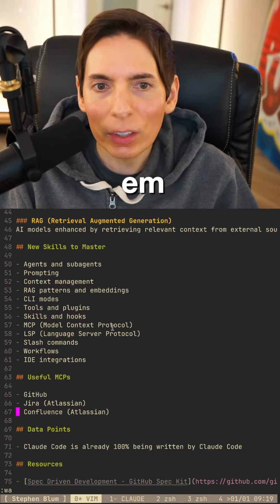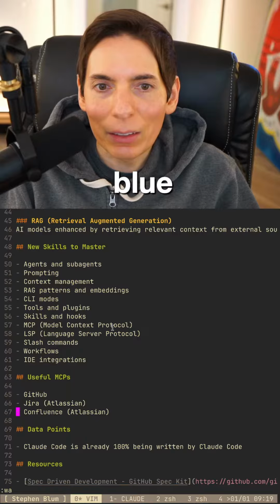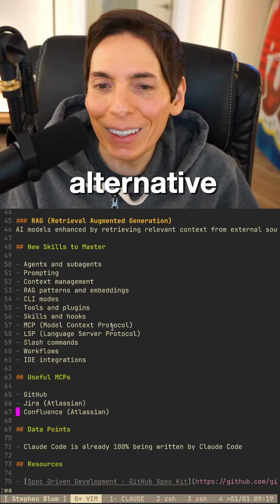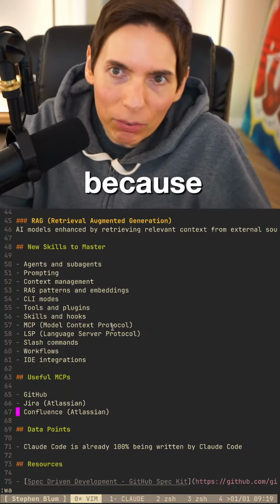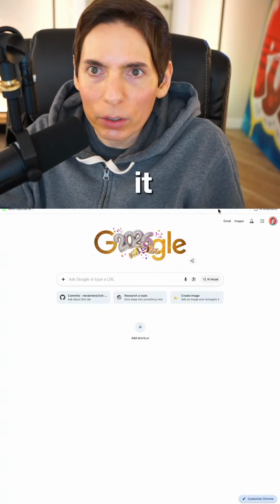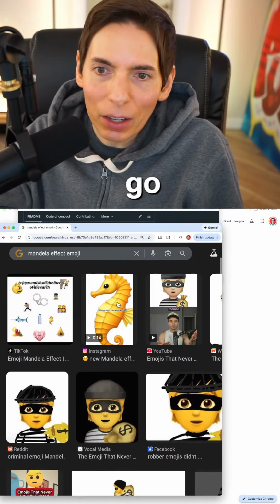Steven, the seahorse emoji existed. In fact, there were two versions of it, one yellow and one blue. The picture I saw wasn't it. You think you have traveled to an alternative reality? I'm pretty sure the seahorse existed. I feel like it did because we even saw one that looked exactly like it, right? We saw it. Where was it? Did we pull it up? Here you go. See, I thought it looked like this.